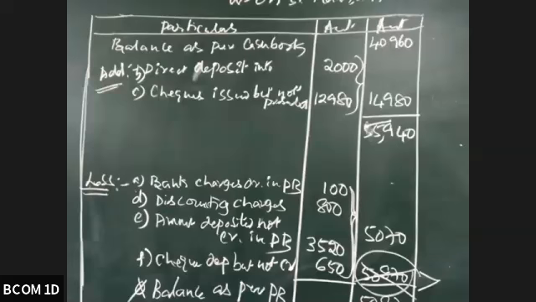Sabri is asking for clarification on the debit balance, credit balance as per cash book, and debit and credit balance as per passbook. Will anybody take this issue? I've already explained to you. Anybody would like to respond to Sabri? You can log into the same link and speak out if anybody wants to clarify for Sabri.